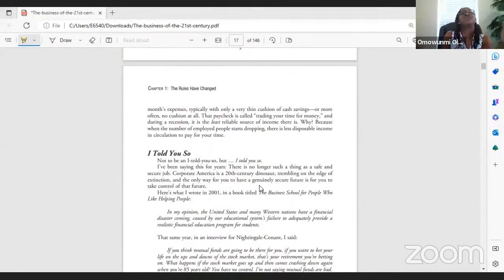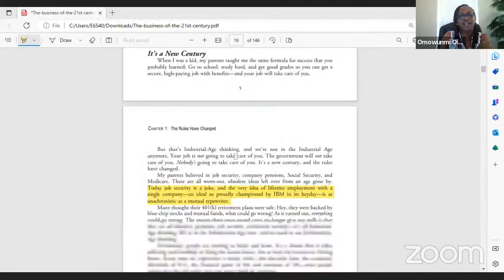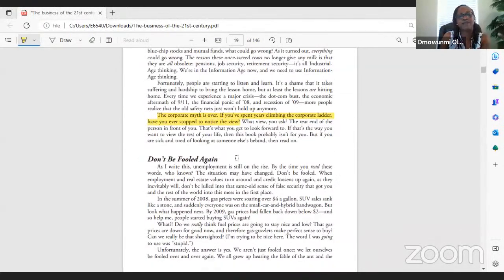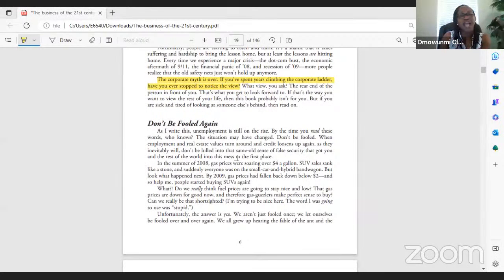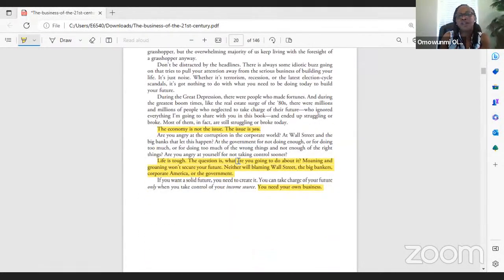And when I say your future, we're talking about your children as well, to be able to take care of you in your old age, and you have something to pass on to your children. Right? So I'm going to skip all of the history. I know if you read all of this, you will know where it's coming from when it says the rules have changed. All right. We've seen this happen over and over.